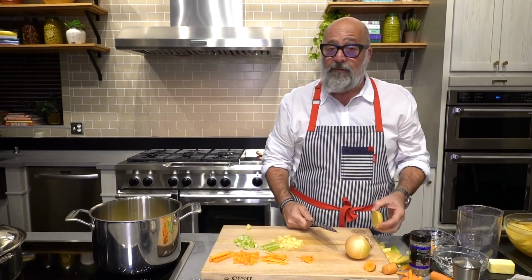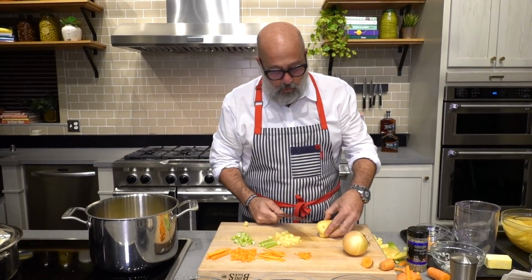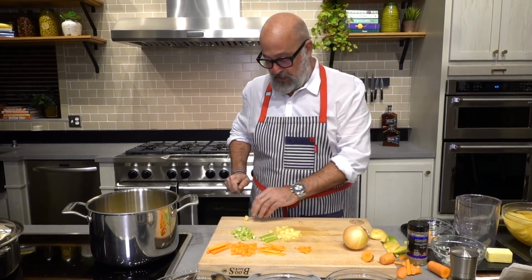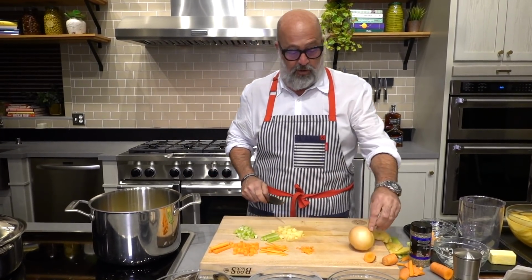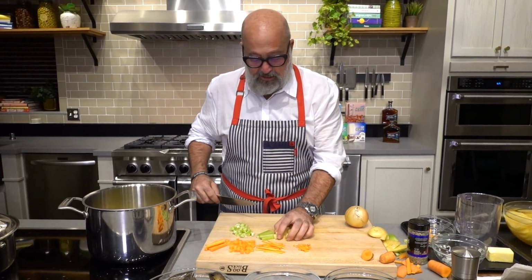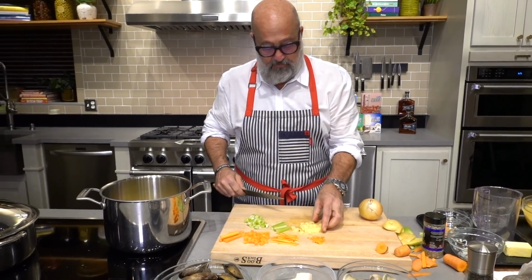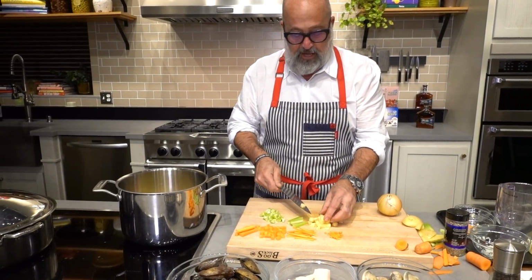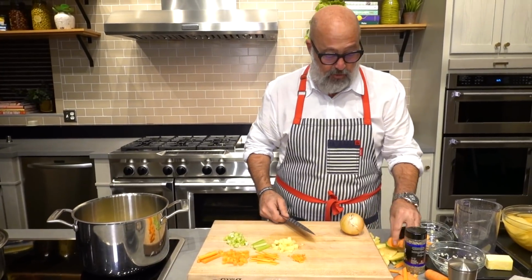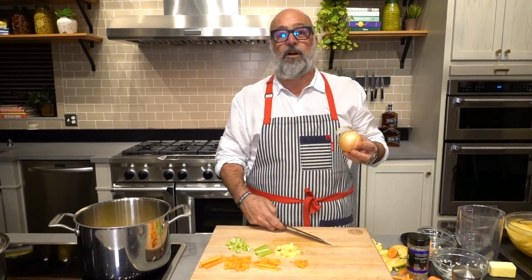If you do not have one, make sure that you roll the potato around to find the safest edge and really pay attention and go slowly until you're comfortable doing it a different way. The biggest issue, and where most people have not the most trouble, but certainly the greatest opportunity to work with,